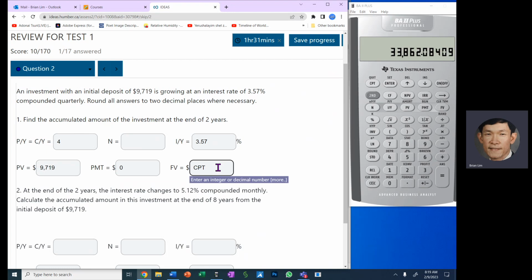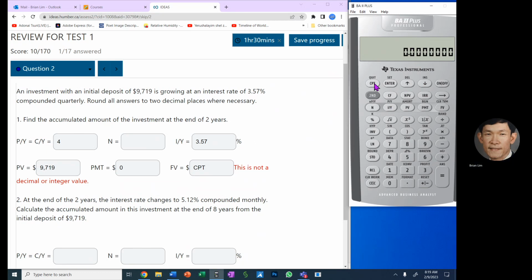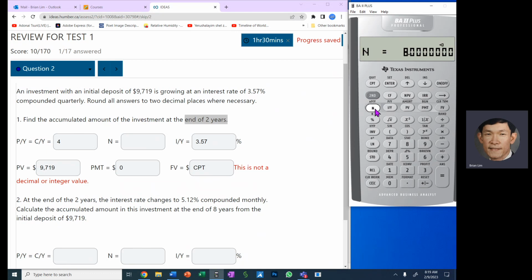So that is what we need to compute right there, the future value. Okay, let's do this part first. So we go second IY, and the PY should be 4. So 4, and we enter it. And CY is also 4, so we don't need to do much. It's there. We get out of there, and then it's for how long? End of 2 years, right? End of 2 years. So 2 second n. So n turned out to be 8,